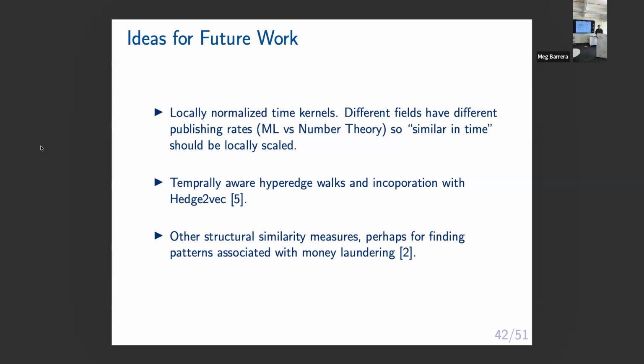And then finally, structural similarity measures that you can write down on your own. So in the money laundering literature, there are these patterns that they think are associated with money laundering. So if you have some short cycles that don't have any intermediate edges, if you can find a way to encode that in a similarity score, then you can build a line graph, a hyper line graph, if you need to include multiple nodes in one similarity measure. And then if you can cluster that in some meaningful way, that will help with money laundering, where a lot of these suspicious patterns occur with similar nodes at a similar point in time. You want to flag that.